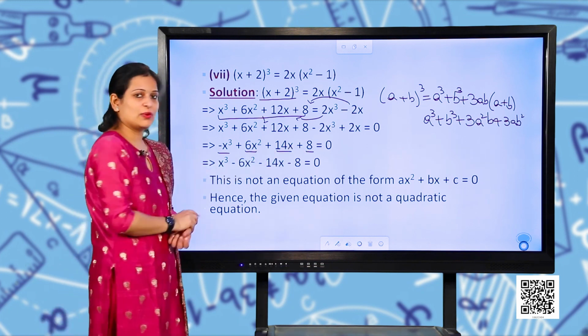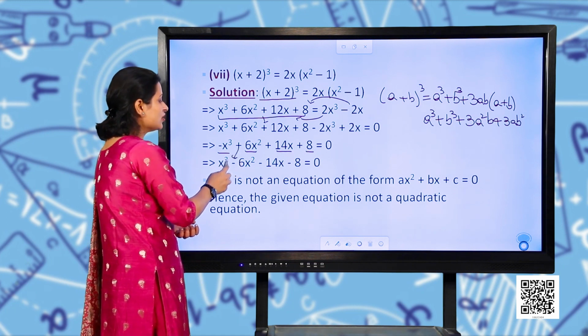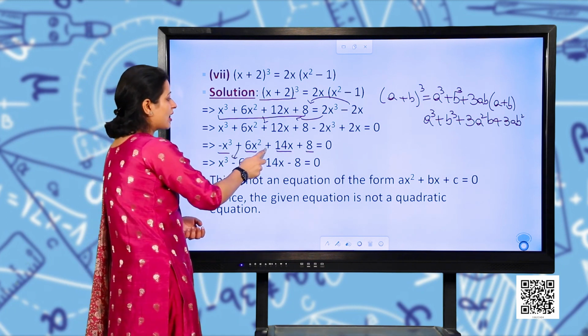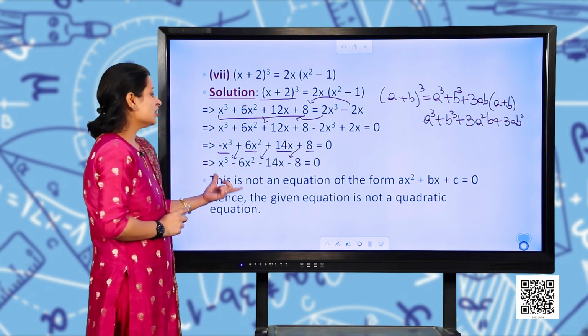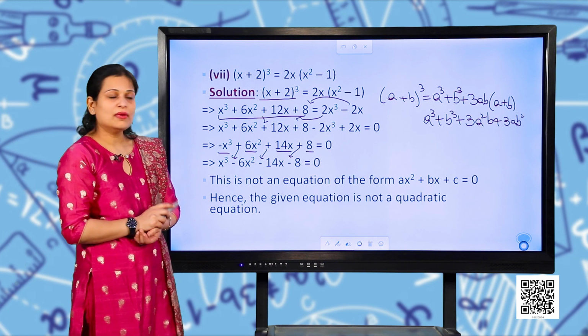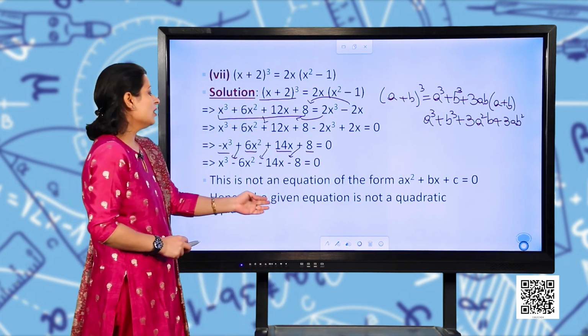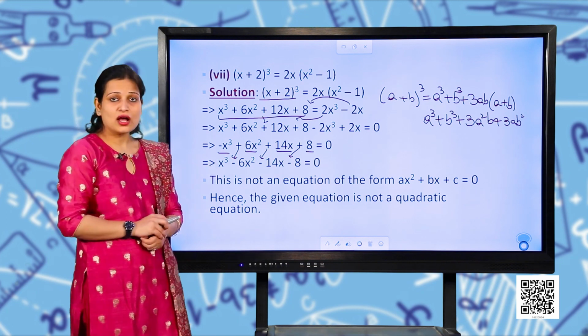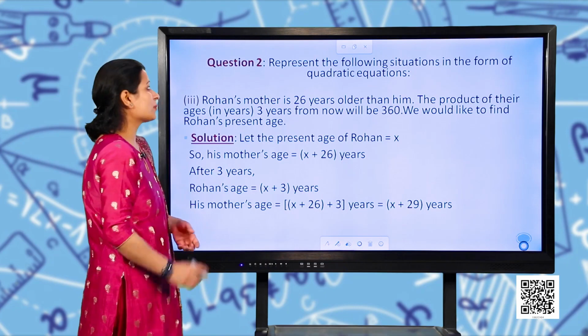Simply multiply this equation by minus 1, you will get x cube, the sign will change, this will become negative, again this will become negative and this will become negative. So this is not an equation of the form ax square plus bx plus c. So this equation is not a quadratic equation. Now next question,